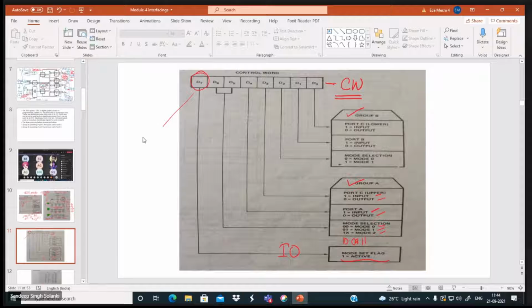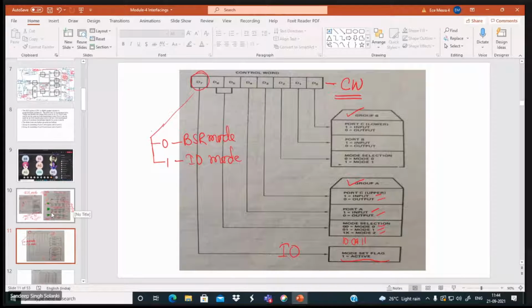This bit may have two combinations, 0 and 1. When it is 0, it is BSR mode, and when it is 1, it is IO mode. Is it okay?